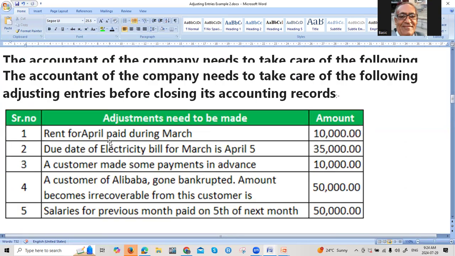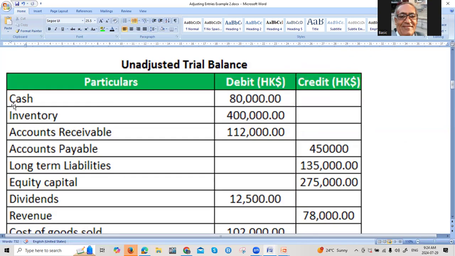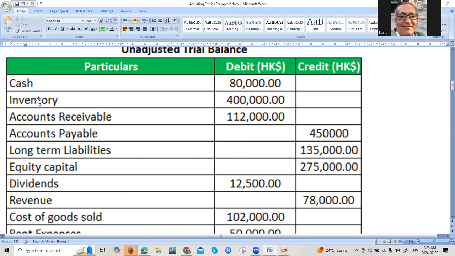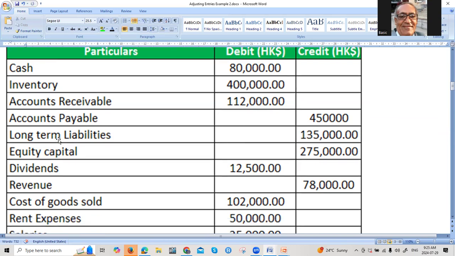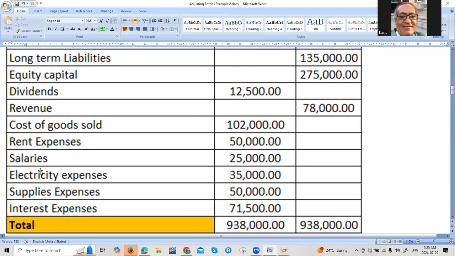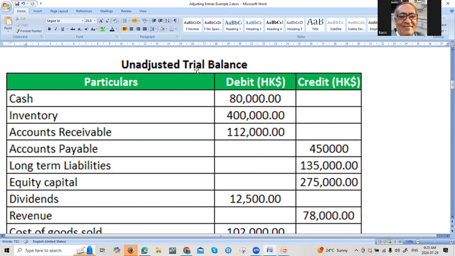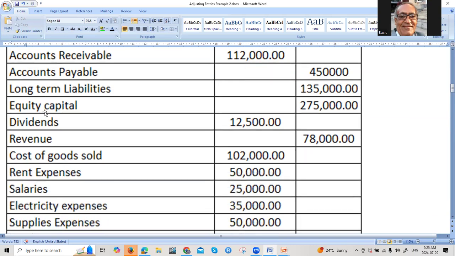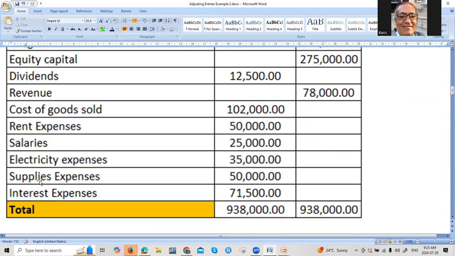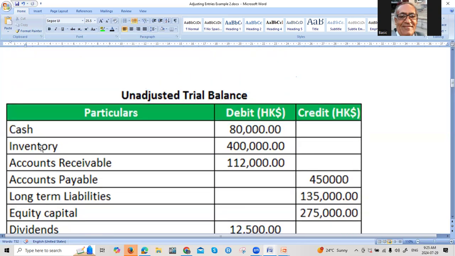Now I just want to see if there is bad debts here. Let us see in the old one. If there is bad debts in the old one, I will add the old bad debts to the new bad debts, both of them together. So I have cash, inventory, account receivable. We are looking for the bad debts. Revenues, cost, nothing. No account is called bad debts here. I'm talking about the old, unadjusted one. So I don't have it here. So guys, that means